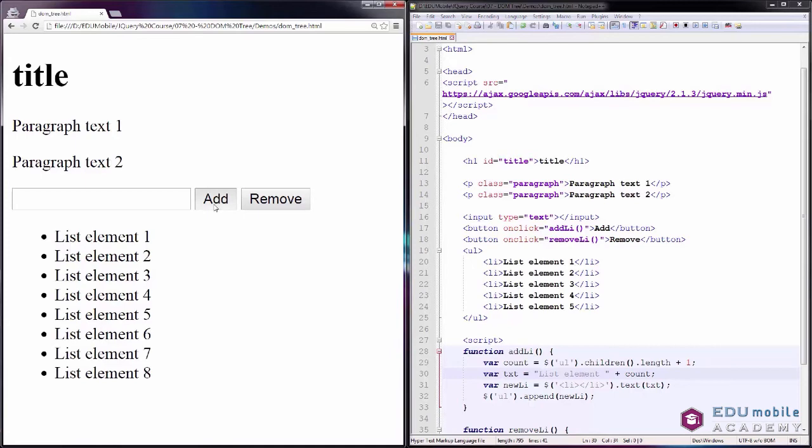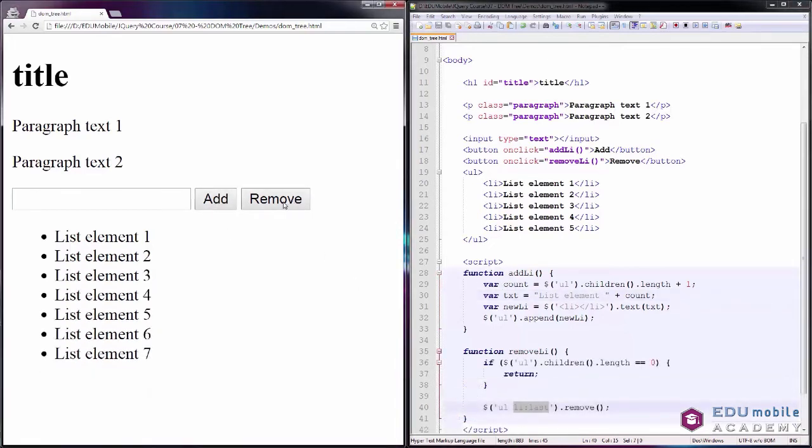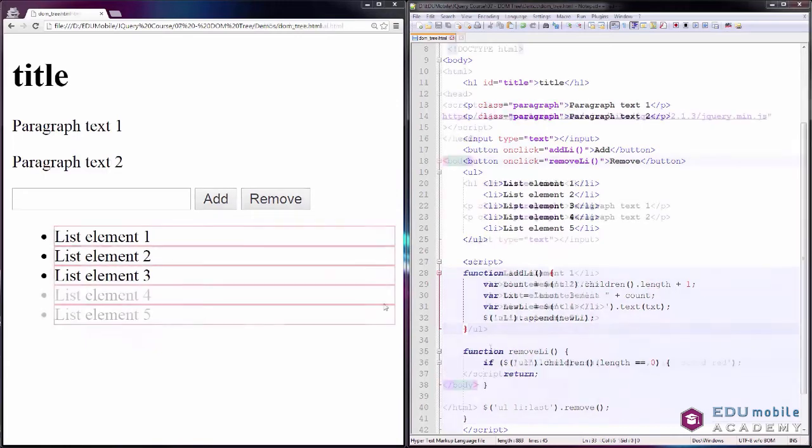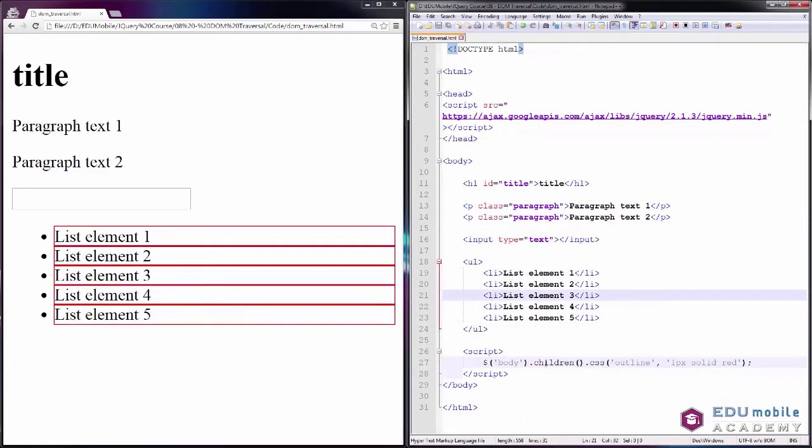Then we'll learn about changing the HTML content of a web page. This includes adding and removing entire HTML elements, as well as modifying text and other HTML attributes programmatically. We'll also learn about how to navigate the tree-like structure of an HTML document using the concepts of parent, sibling,